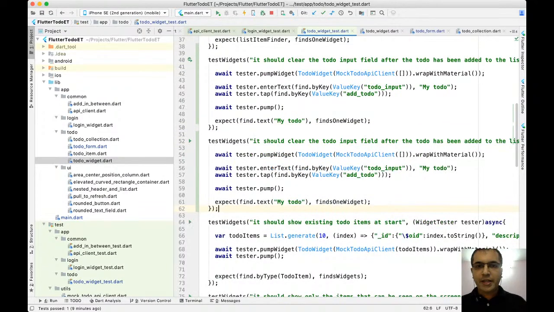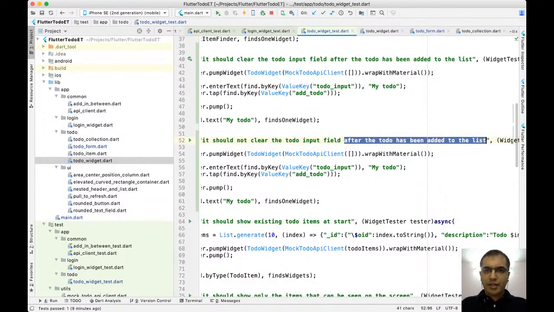It should not clear the to do input field if the to do has not been added to the text field.